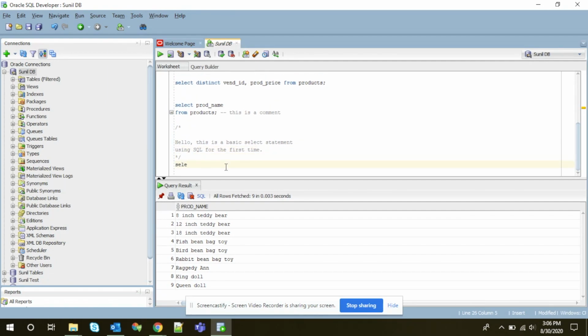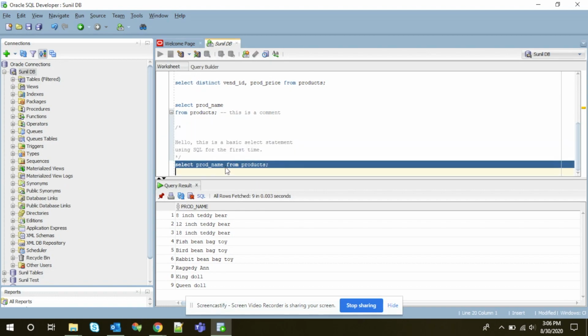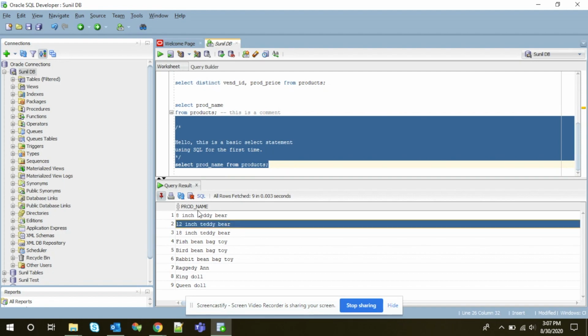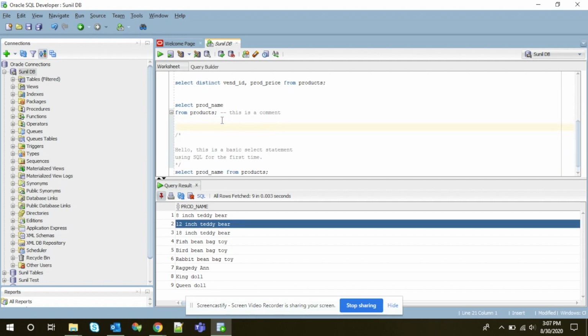And then after that, select prod name from products, semicolon. And if I highlight the whole thing, it's only going to focus on select prod name from products and run that and bring back prod name. So yeah, basically 2 ways to do comments: double dashes, and then whatever comes after it in the same line